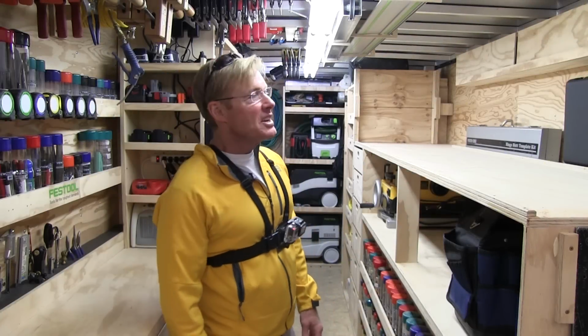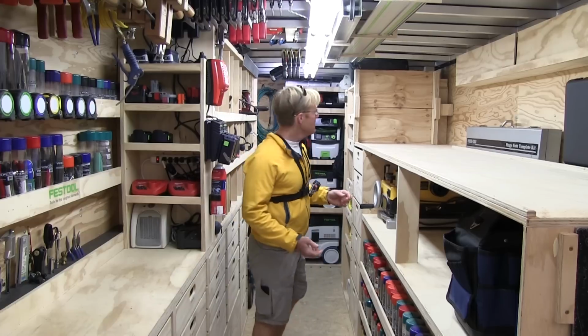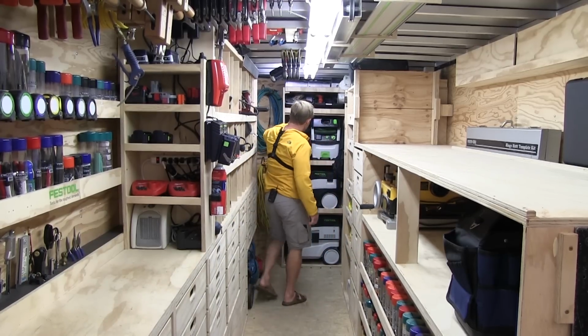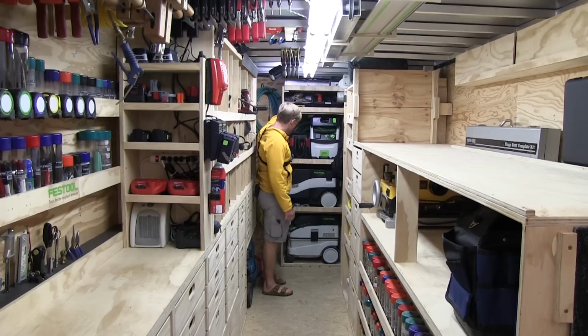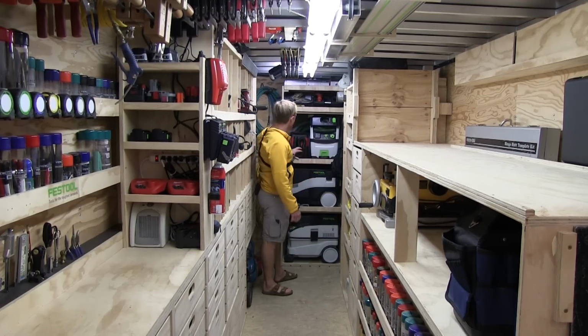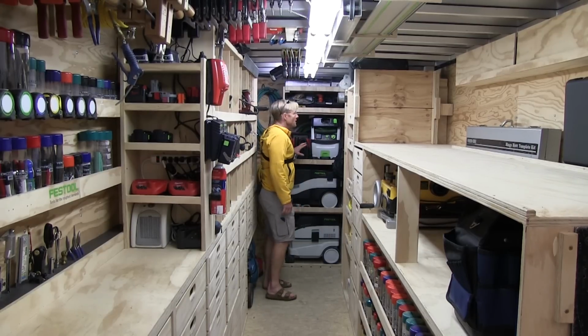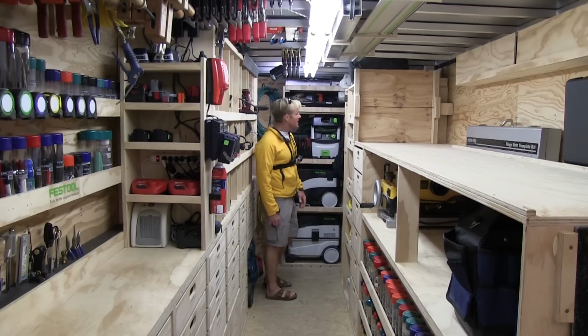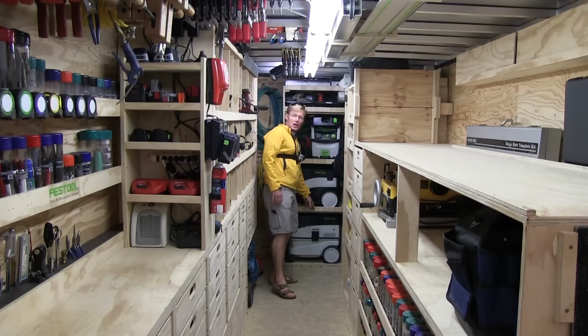Hi, I'm Paulk. So in the last video on optimizing the tool trailer, I reorganized this nose cabinet from being for materials to being my vacuums. And so I got it to the point where I've got the 3 vacuums in, and that was where the video ended. So just to show you the finalization of it, each vacuum has the parts and pieces,